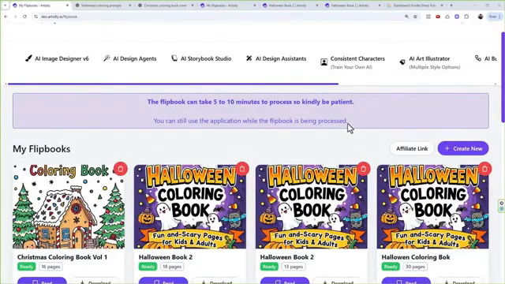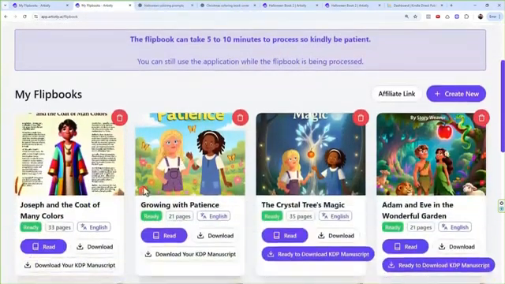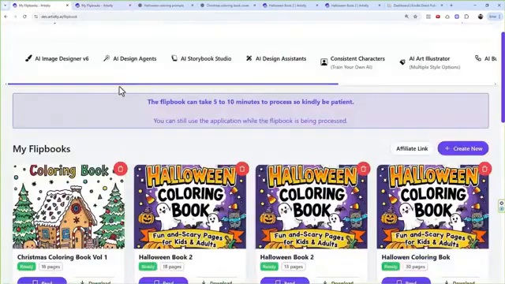Alright, so all your books will appear in the My Flipbook section, right? When you click on read, for example, if I show you, it will always come with the download your manuscript, read, and download options. If you click on download your manuscript, it will just give you a properly perfected PDF that you can publish